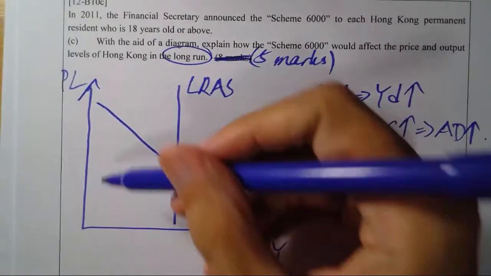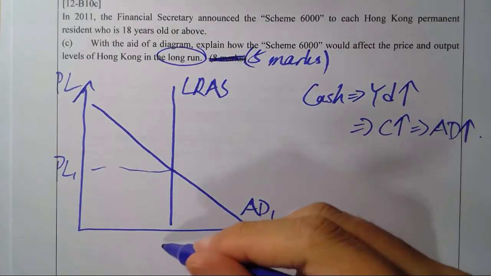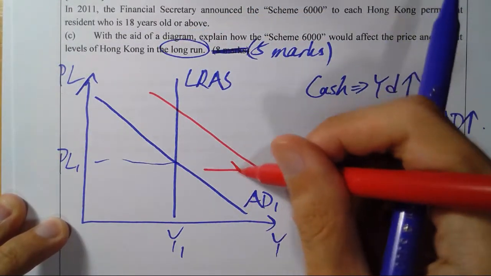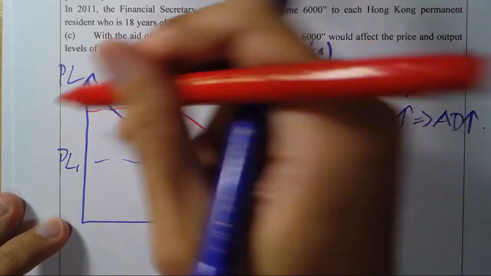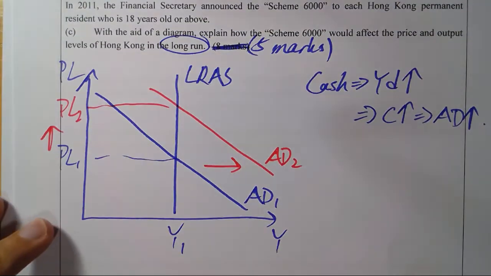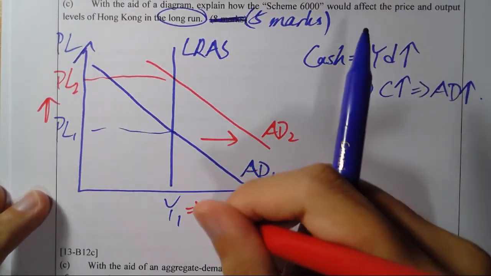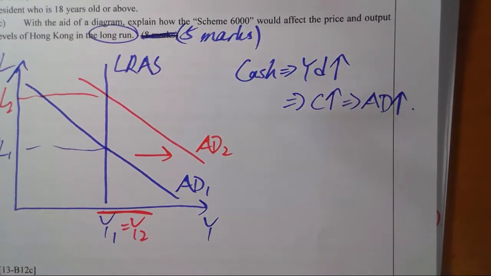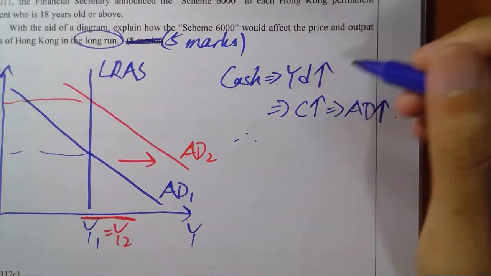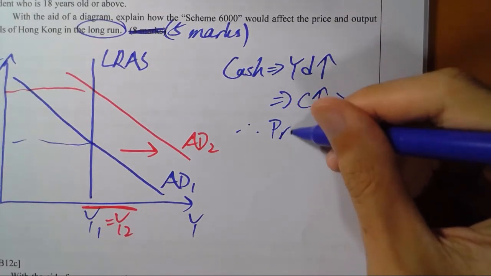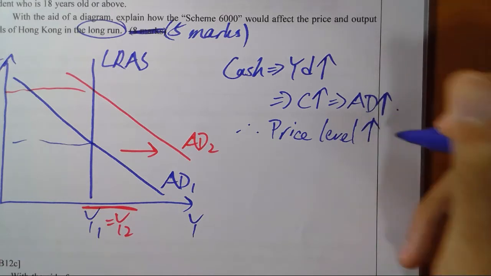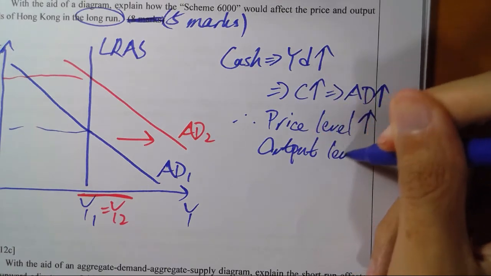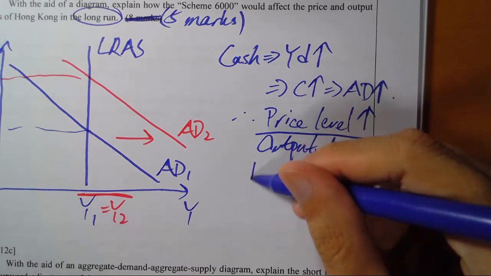So, let's draw it. This is our price level 1. This is our output 1. Now, AD increases to AD2. You will see the price level will actually go up. But what happens to the output level? Output level doesn't change. It's exactly the same. Now, therefore, we know that in the long run, price level would go up because AD goes up. But output level would remain constant because